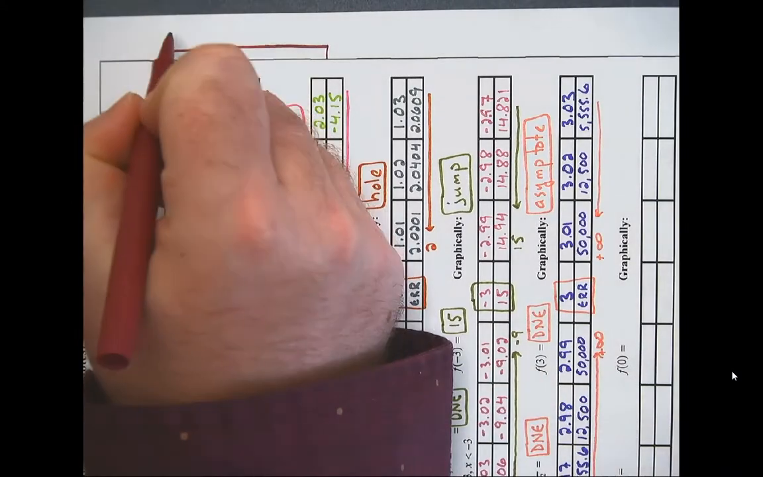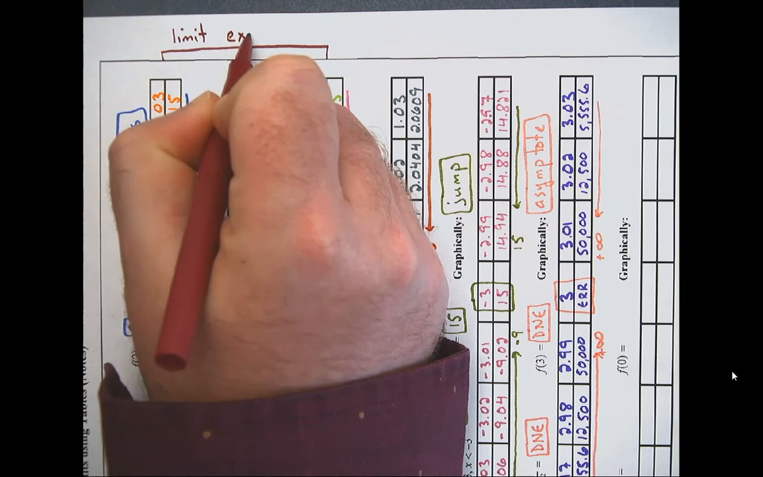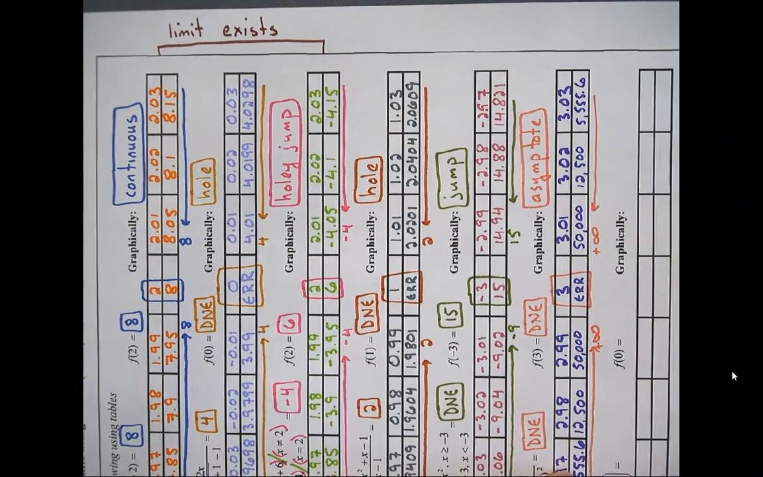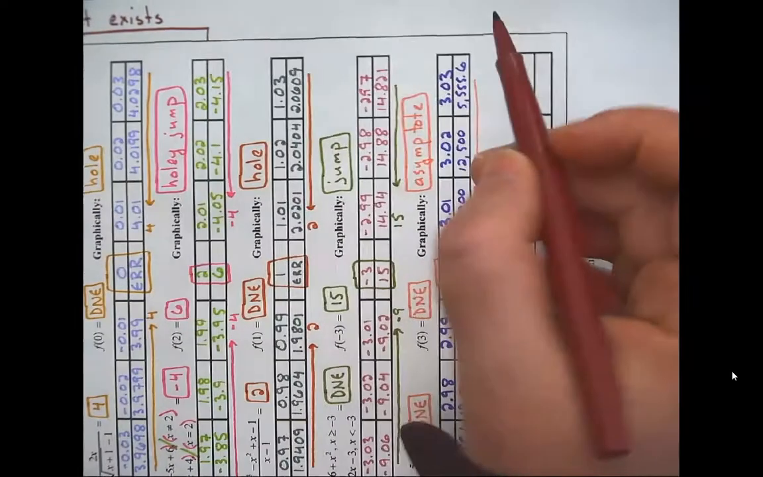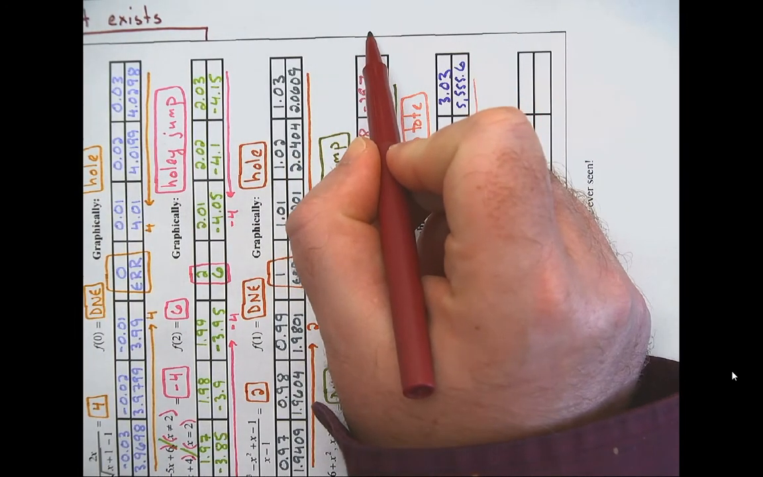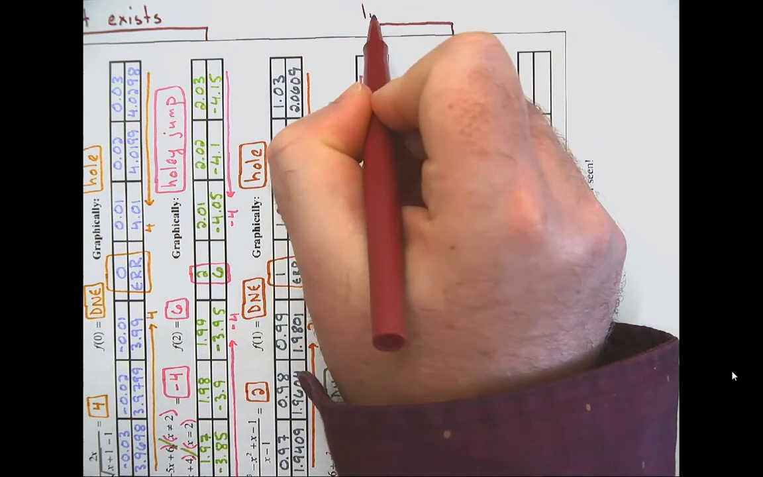In these 3 scenarios, the limit exists: continuous, or a hole, or a jump. Your limit is going to exist. Now I'm going to highlight for all 3 of these. I'm just going to do these. Limit